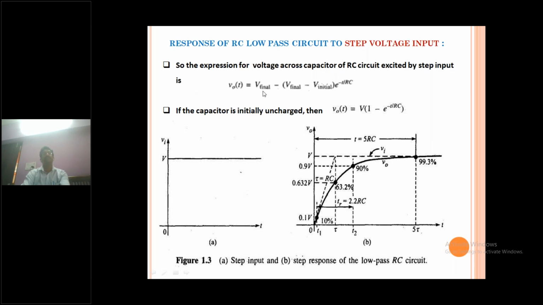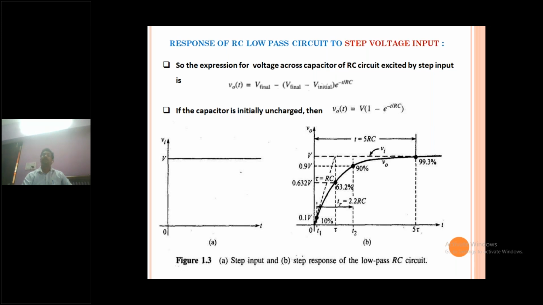So what are those equations? Now we are substituting the V final value. So how much will the capacitor be charging finally? V volts. So V final equals V, and similarly V initial equals V dash. But the condition given here is, if the capacitor is initially uncharged, that means the V dash value equals the initial capacitor voltage 0. That means the V initial value I am substituting here will be 0, and the V final value is V volts. Simplifying, the answer reading is V naught of t equals capital V into 1 minus e power minus t by RC.